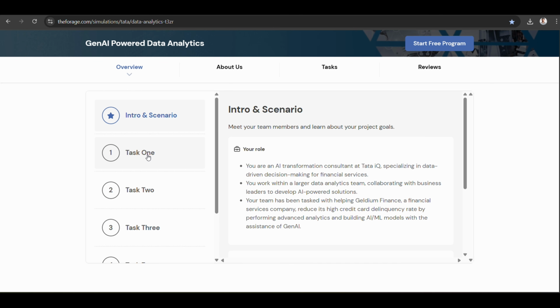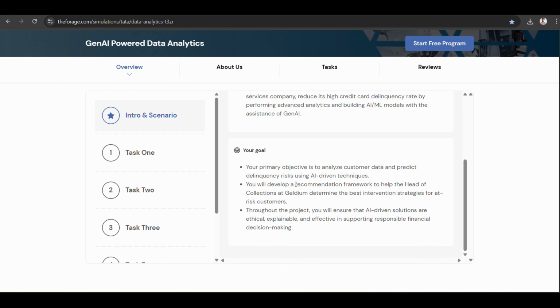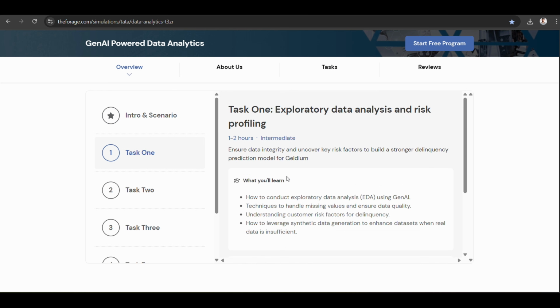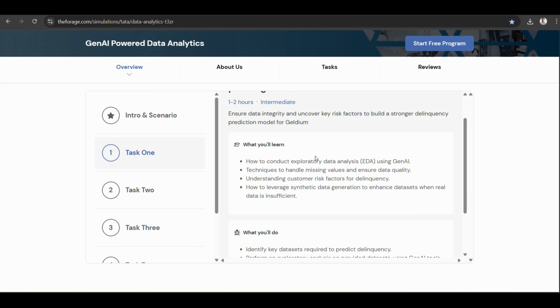The first one is this thing you will learn throughout this journey, and your goal is this one, so you can read thoroughly by yourself. Move to task one, exploring data analysis and risk profiling. Okay, so here